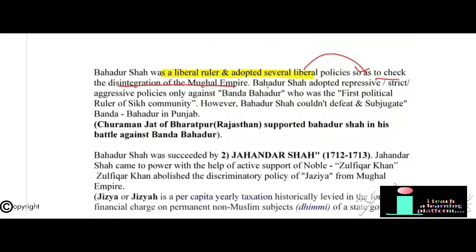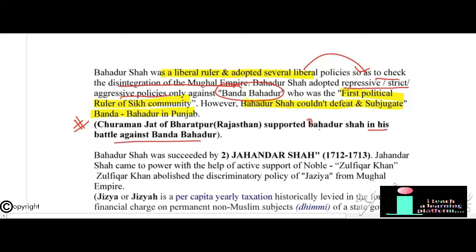Bahadur Shah adopted strict or aggressive policies only against Banda Bahadur. Who was Banda Bahadur? Banda Bahadur was the first political ruler of the Sikh community. However, Bahadur Shah couldn't defeat and subjugate Banda Bahadur in Punjab itself. Here, important extra information is Chura Man Jat of Bharatpur, Rajasthan supported Bahadur Shah in his battle against Banda Bahadur, but